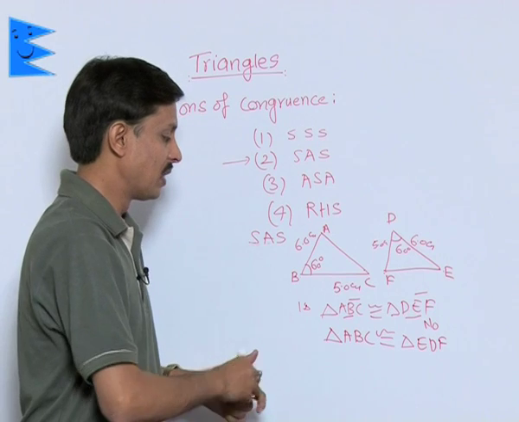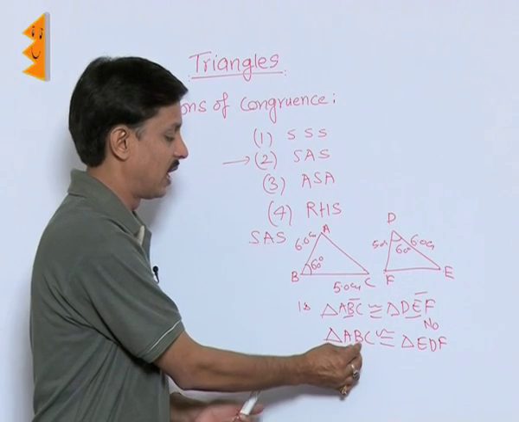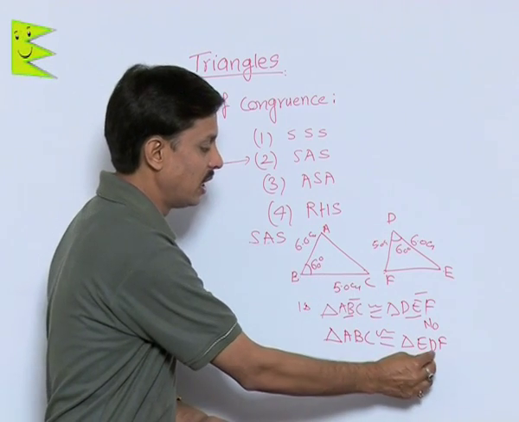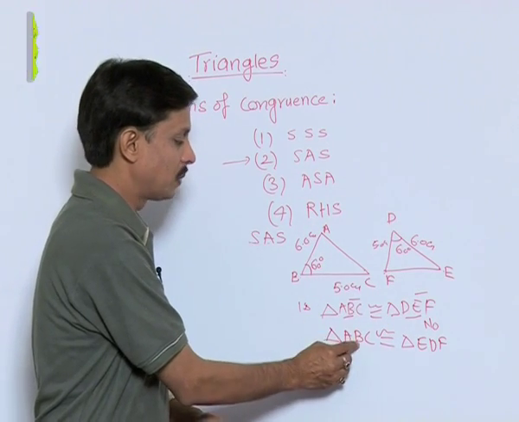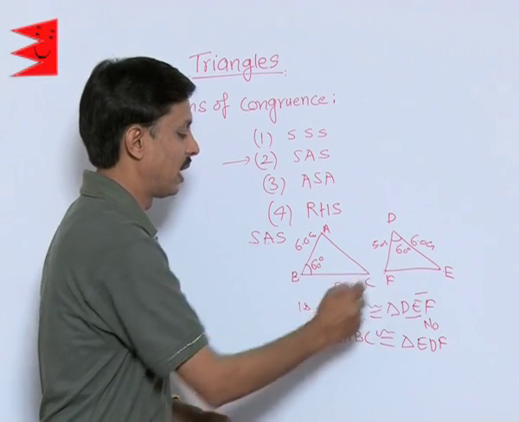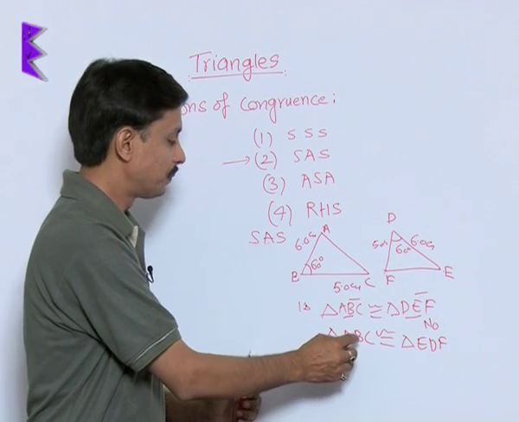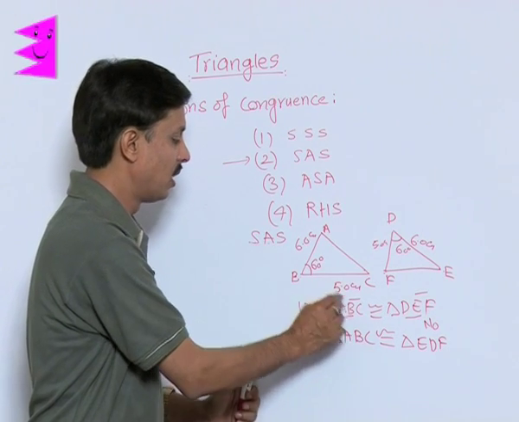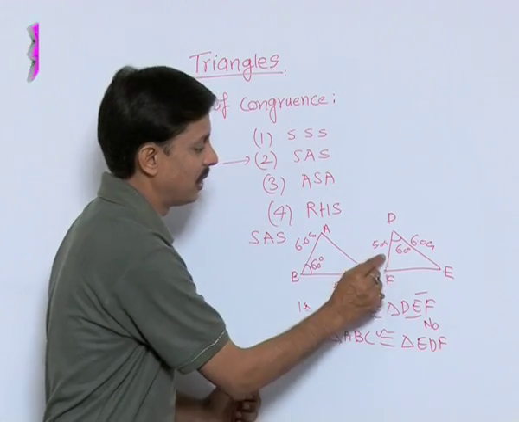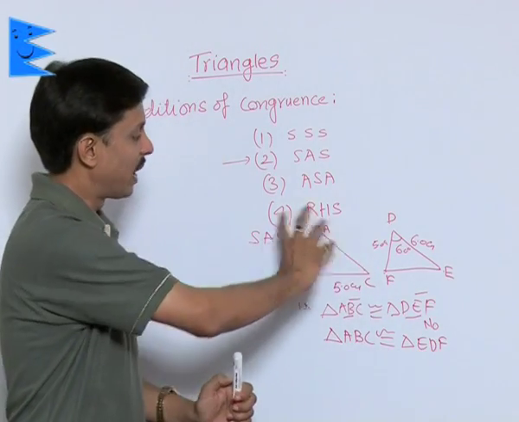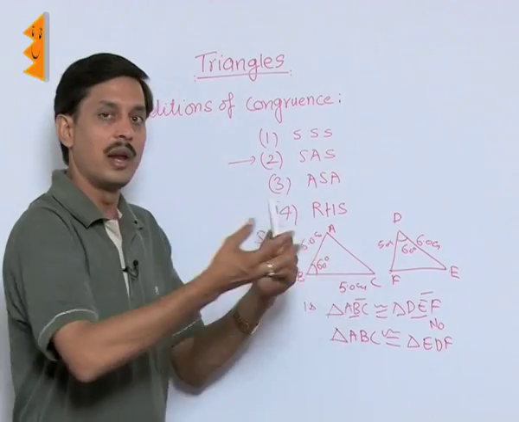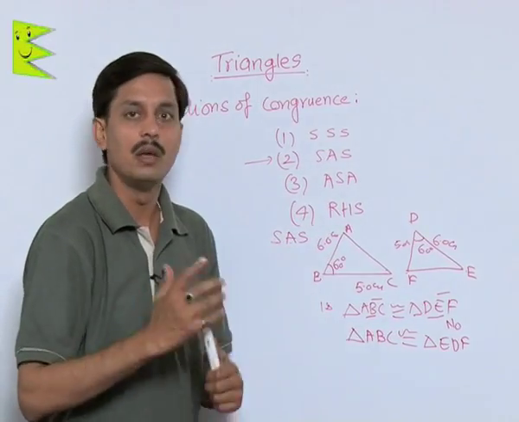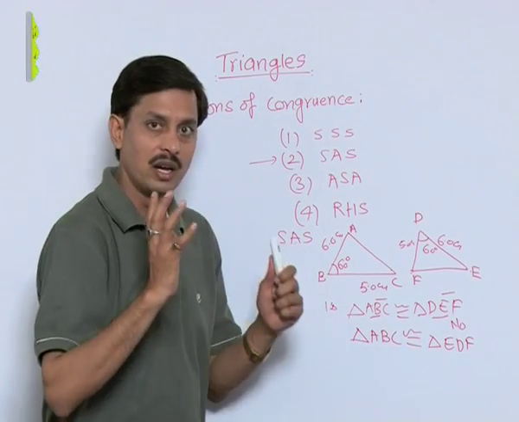Now you can observe that the first two letters of the first triangle make the side AB, and the length of AB is 6. ED is also 6. Vertex B and vertex D have equal angles of 60 degrees. And then this is BC. BC, the second and third letters, forms 5 centimeters. Here DF is also 5 centimeters. So why am I changing their positions? In order to make you clear that the order of writing plays a very important role in congruent triangles.